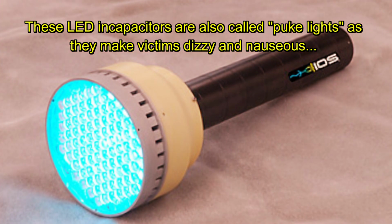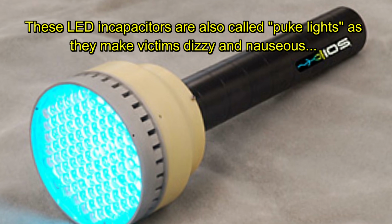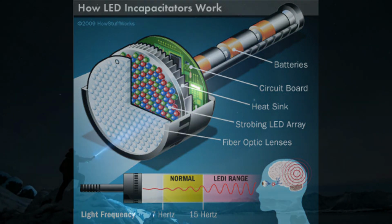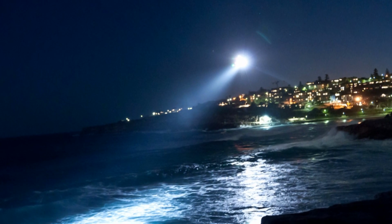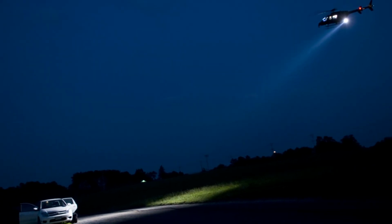So the average Joe's most cost-effective, less than lethal self-defense tool when it comes to light is still the high-powered LEDs, which are, as we see, continuously evolving almost at a rate of 100% a year since 2010. Now, to get an understanding of just how far flashlight technology has come in the last 10 years,